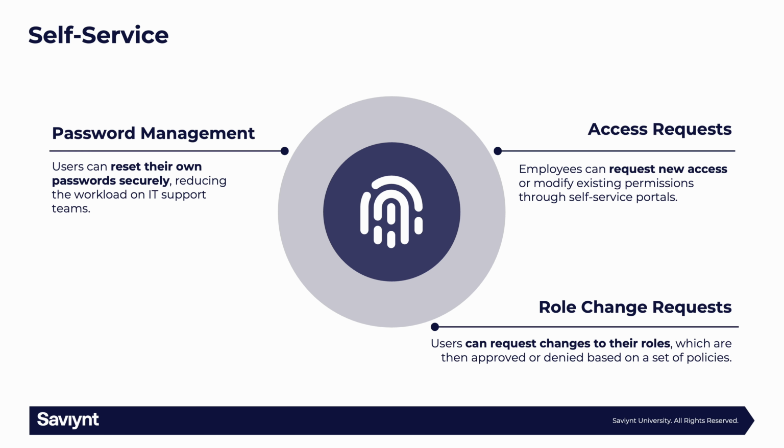For instance, a marketing employee might request access to a new software tool needed for a project. The request is then routed through the proper approval channels. Using role change requests, users can request changes to their roles, which are then approved or denied based on a set of policies. In summary, identity governance and administration is an essential framework for managing user identities and access rights